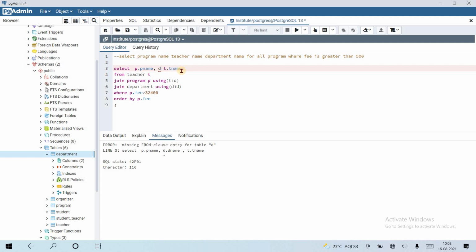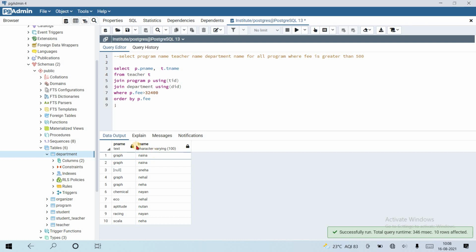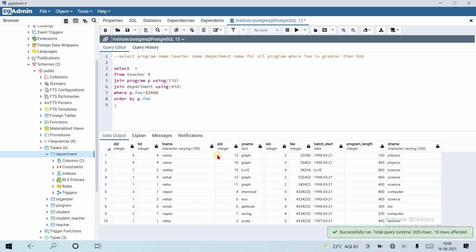Let's fetch without department name. Okay, the data is fetched, p dot p name, but the department name is not fetching. Okay, let's copy, just a minute. Let's see the department table. It has a department name column d name.